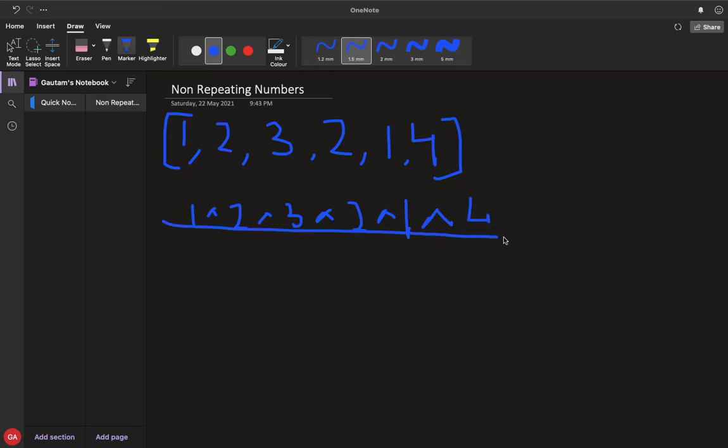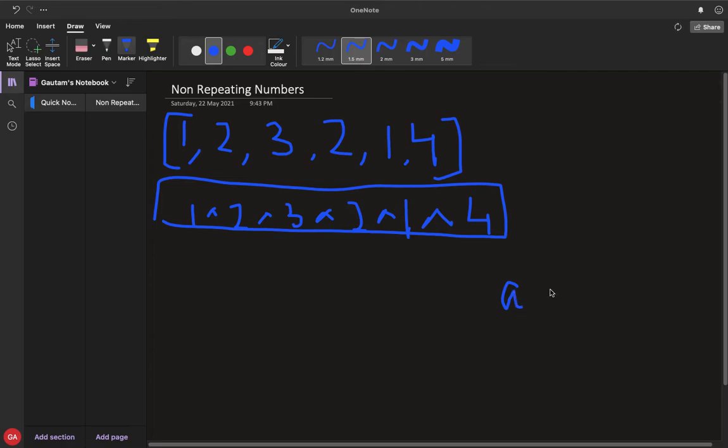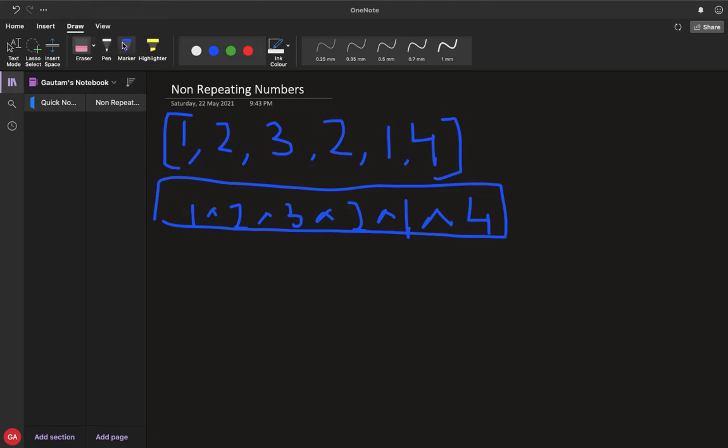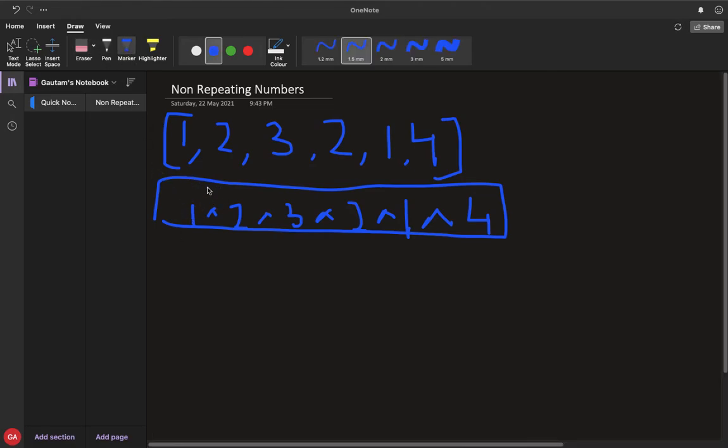XOR follows the commutative law, that is A XOR B equals B XOR A. So while doing XOR of the whole array, this 1 will cancel this 1 and this 2 will cancel this 2, because if we convert 1 into binary representation, the value would be 31 zeros in 32 bits and lastly 1.